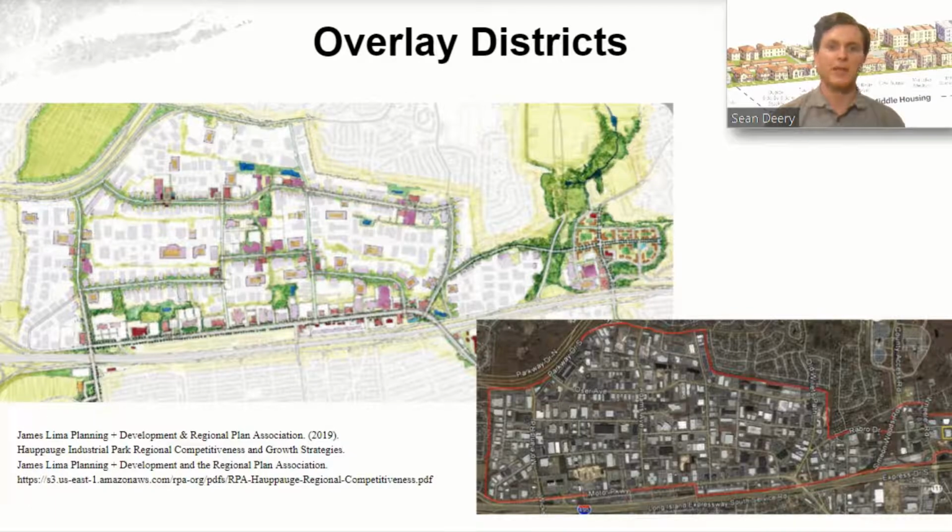A terrific example of overlay districts is the Innovation Park at Hauppauge, the second largest industrial park in the nation after Silicon Valley, that recently approved an overlay district. With 1,350 businesses and 55,000 employees, the 1,600-acre Innovation Park is an important component of Suffolk County's economy. This recently approved overlay district could lead to the development of as many as 1,000 apartments, a greenway connection, quality of life amenities, business incubator, an advanced manufacturing hub, and a workforce training center that will address filling job openings in biopharma and finance.